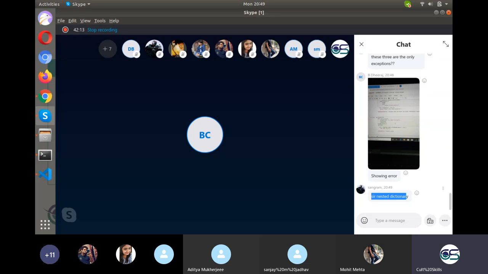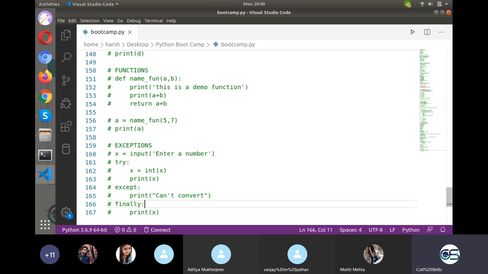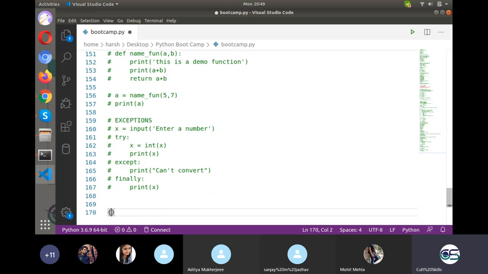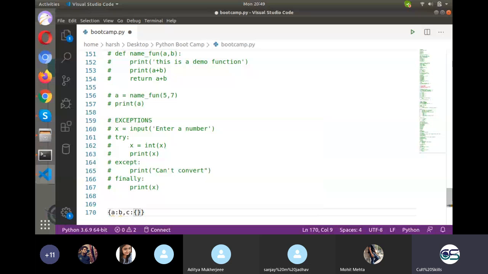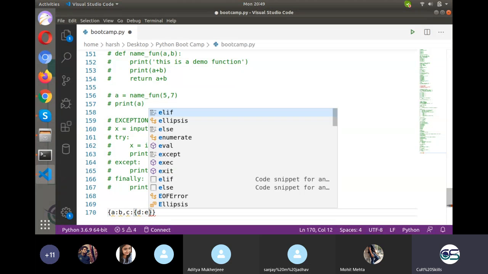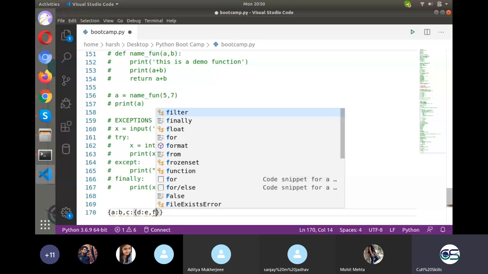Okay, so nested dictionary, we can use a nested dictionary. I'll show you what it looks like. Suppose this is a dictionary with A colon B as the key and value. Then another key is C and its value is again a dictionary, which has D colon E as the key and value.